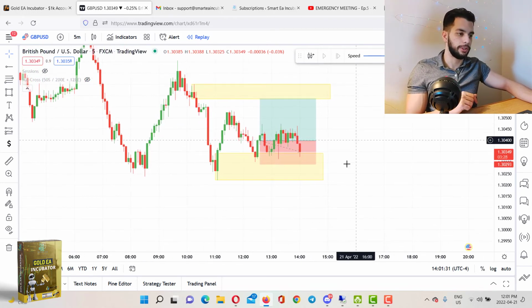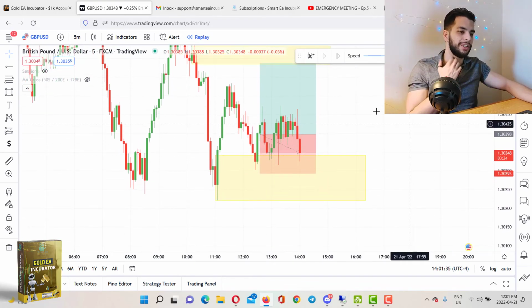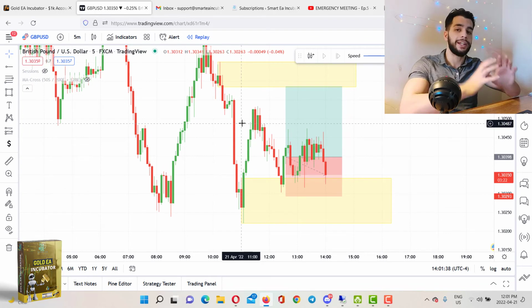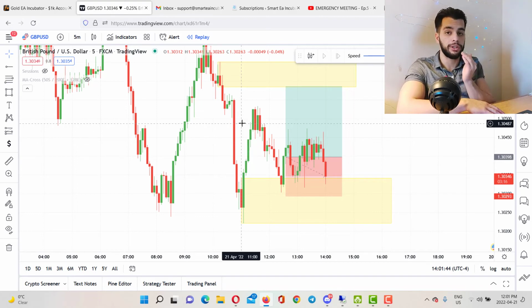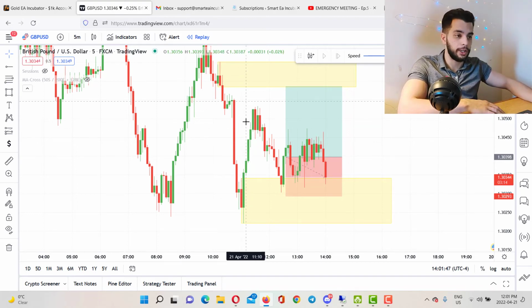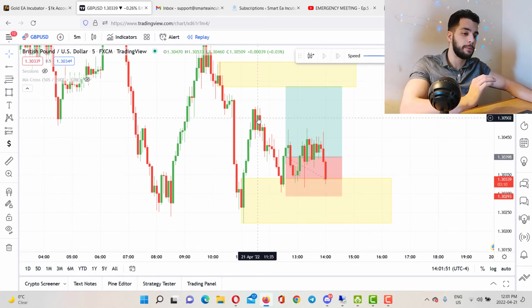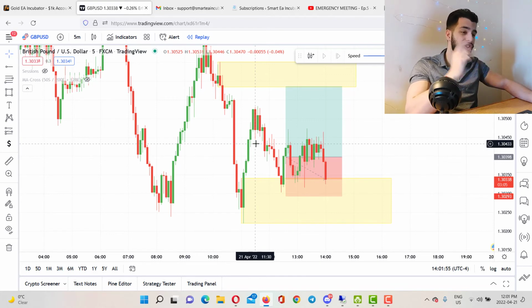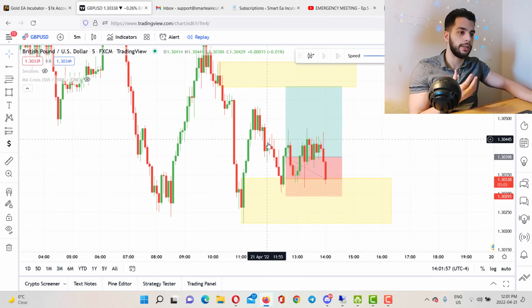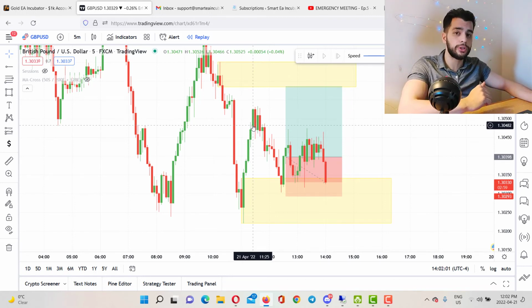This is all what you can do. But I don't know what's going to happen to this one. I just wanted to show you how this story is like. You just need to pay attention to the formation of candles and the structure when they tap your high probability order blocks, like this one. Consolidation means respect. It means that it's not going to break above it. It might, but you gotta pay close attention to the candle itself to see how it's closing. Okay, and if it's closing in a good way and it's not trying to break, then it's a good sign